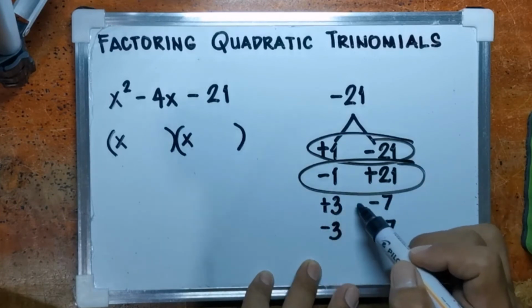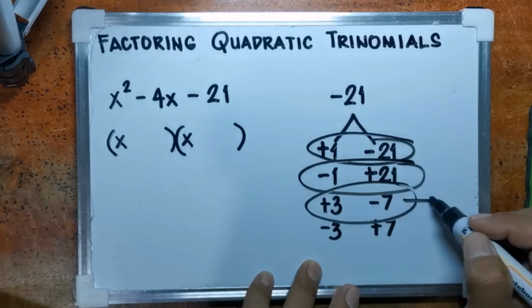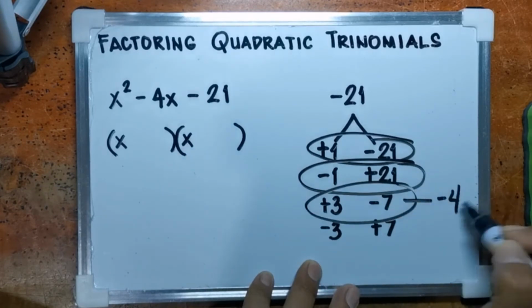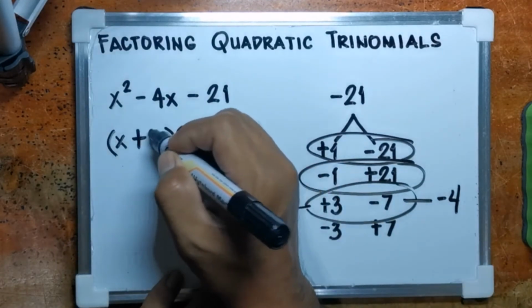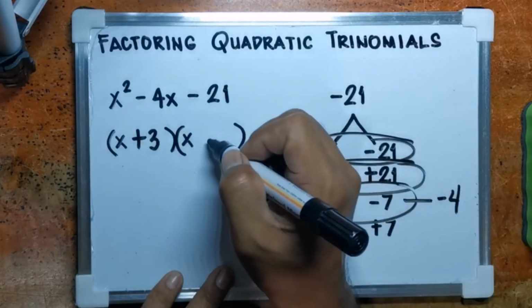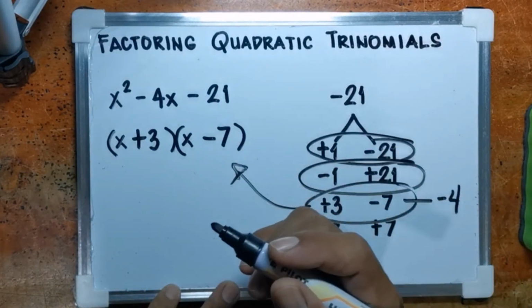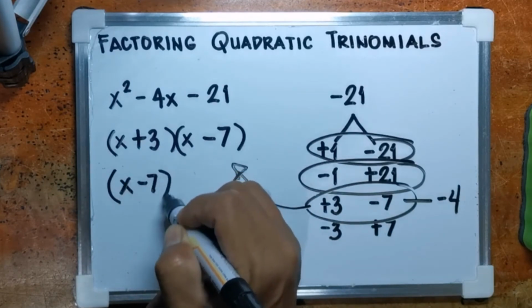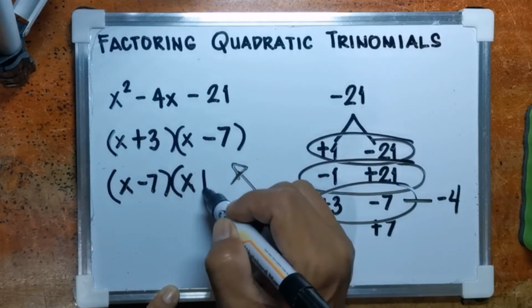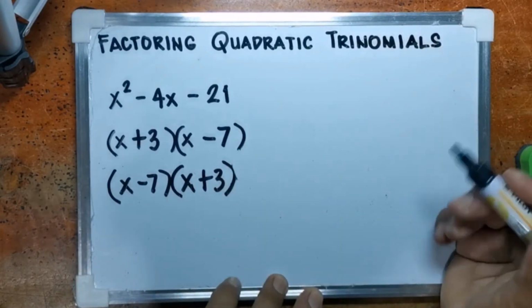Positive 3 plus negative 7, that is negative 4. So, ito ang may sagot na negative 4. Therefore, ito yung hinahanap natin. So, we have positive 3 and negative 7. Again, by commutative property, pwede siyang maging x minus 7 times x plus 3. Now, to check,